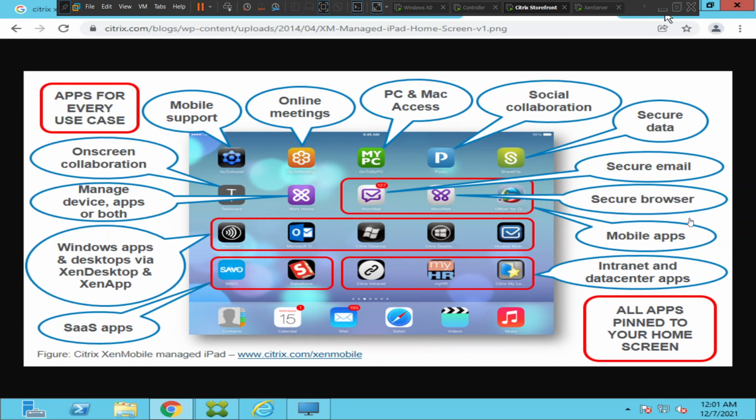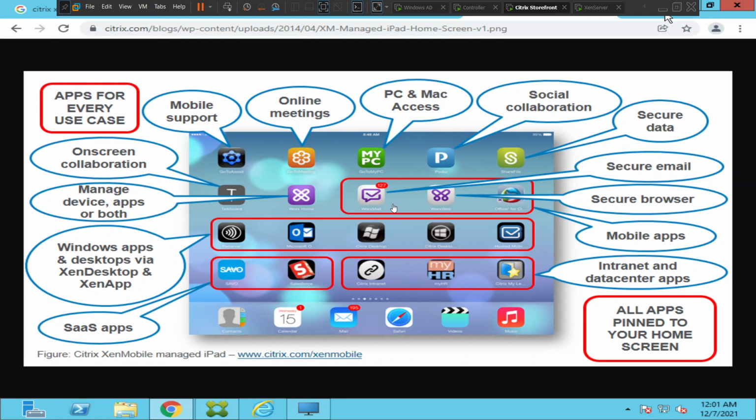Okay, from the backend, we can wipe the data. If we want, we can delete only Citrix related data, or if we want to delete the entire information, we can do it from the backend. So the importance here is we can segregate the user's personal information from the corporate applications basically.